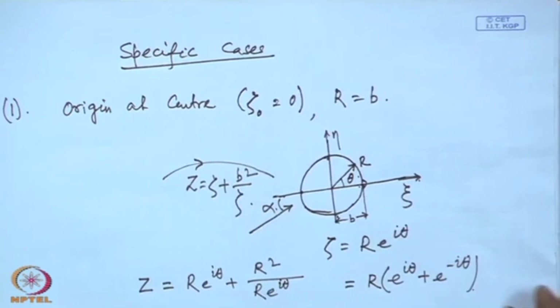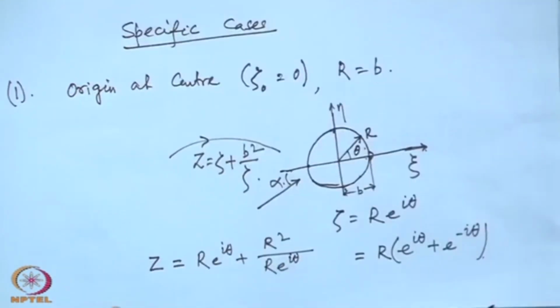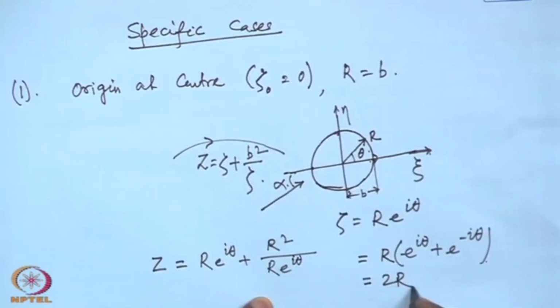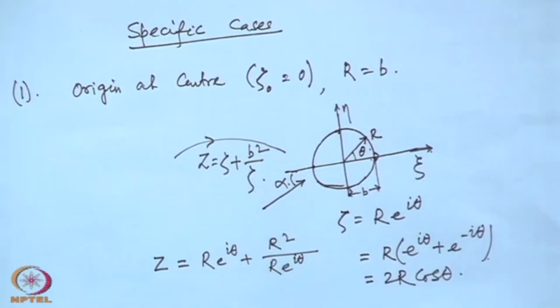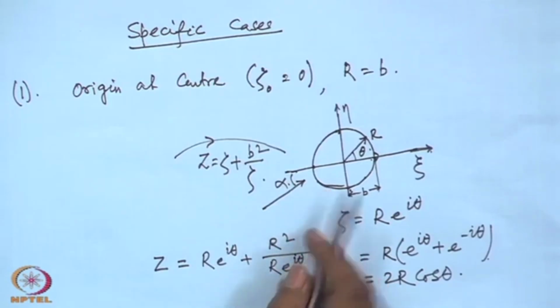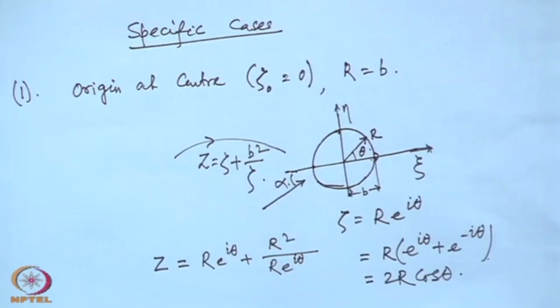Which is two r cos theta. There is no imaginary component. That means, the transformed body is lying only on the real axis in the x z plane, just a straight line, or we will call a flat plate. So, in this case the transformed body is a flat plate airfoil,